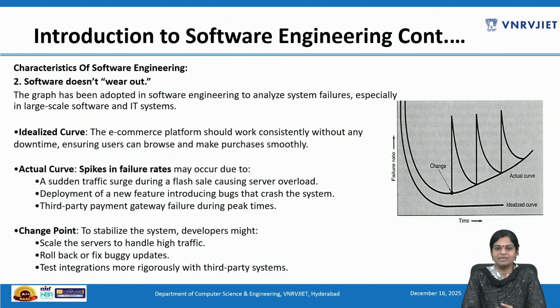One more difference between hardware and software that can be observed is that when the hardware wears out, it can be replaced by spare parts. But coming to software, there are no spare parts, because if there is a failure, it is because of an error in design or in the process through which the design was translated into machine executable code. Based on this, we can say that software maintenance involves considerably more complexity than hardware maintenance.